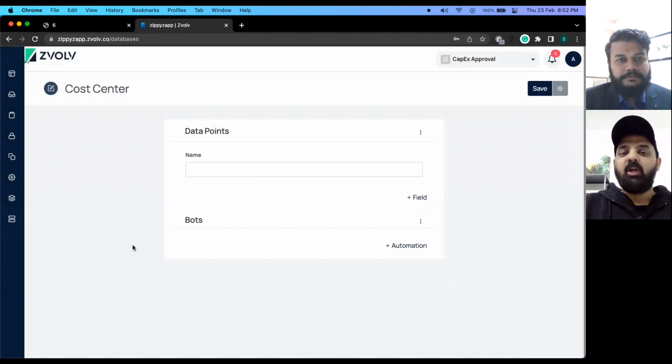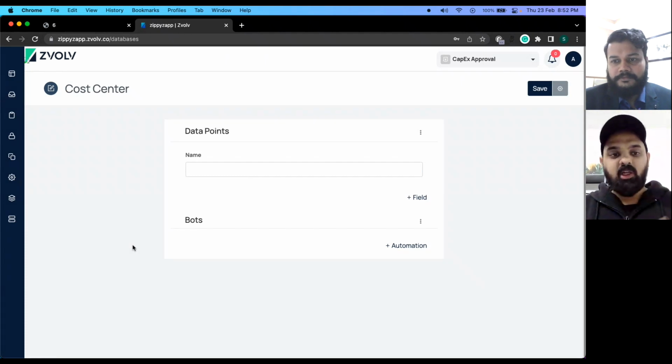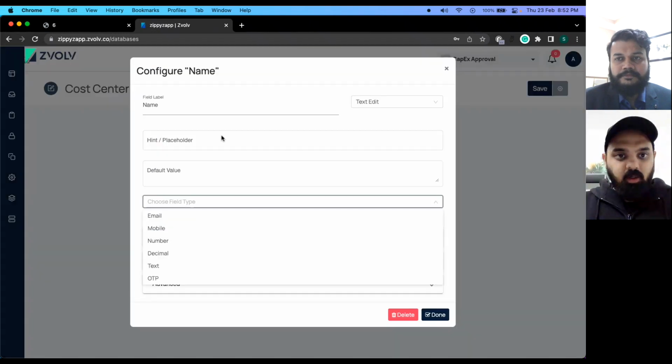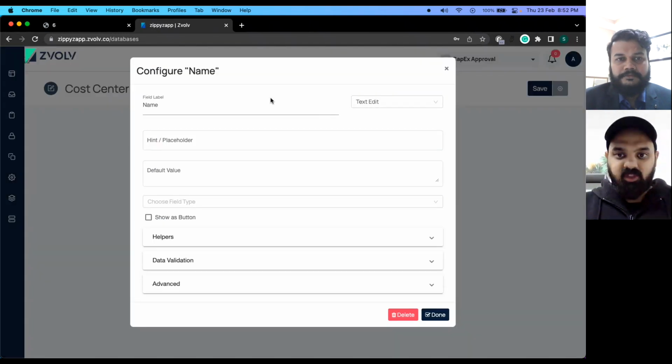So we saw a workflow builder. Now what we are seeing is a form builder or a database builder. Again, kind of similar interface, but you have same sort of fields.